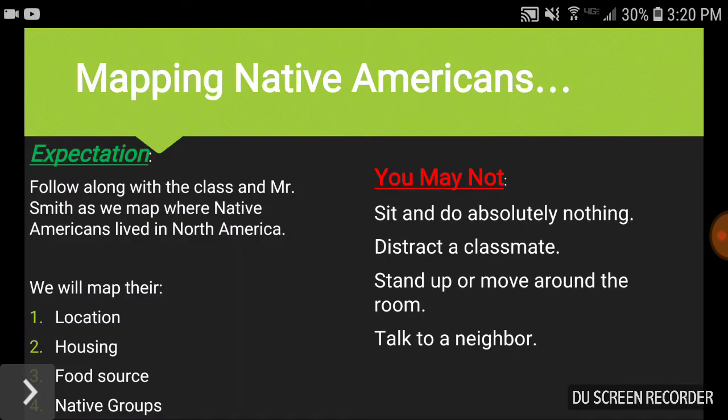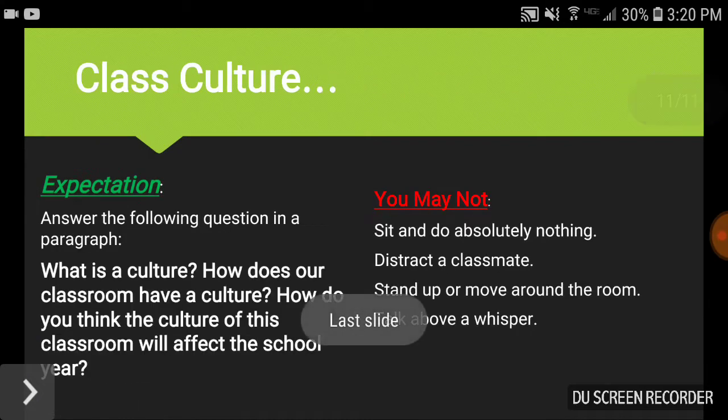All right, for the mapping activity, I'm going to say come find me again at the end of class, or when you come back to class, and I will help you locate these specific regions. I'm not going to make you do this on your own because I don't want you to not get it correct 100%. So come find me and I will gladly help you at lunch, or we can work through it in the morning before class starts.